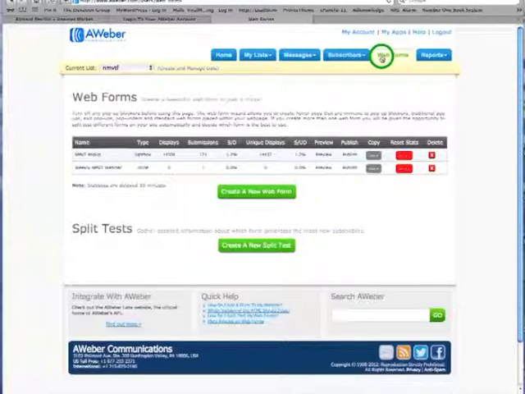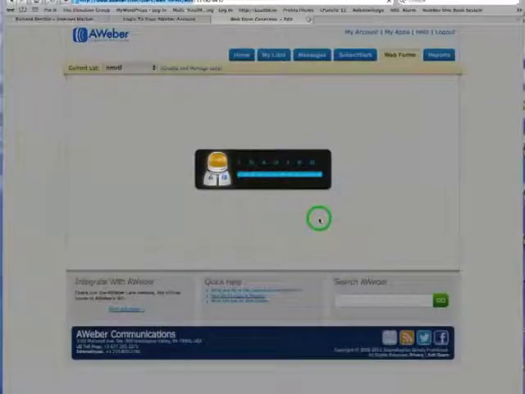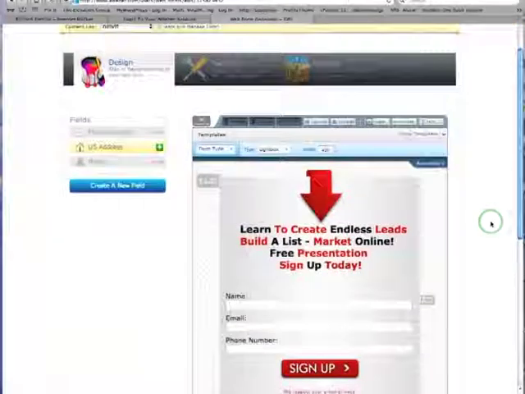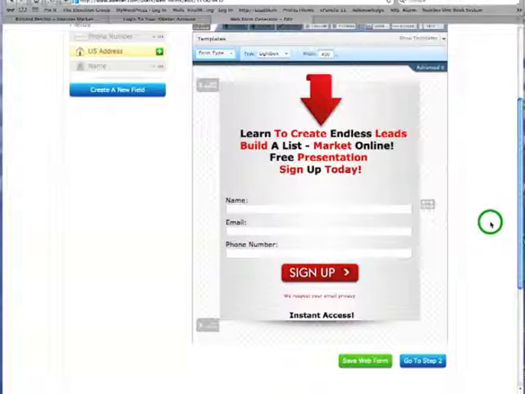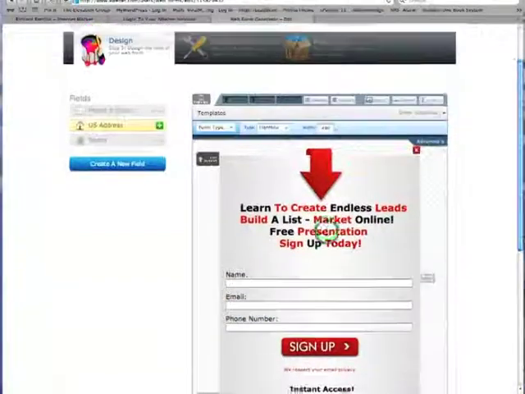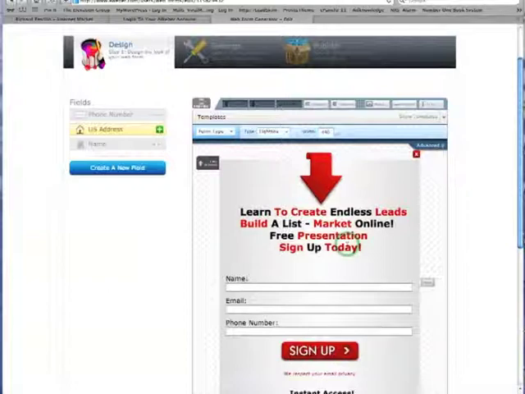So if your confirmed opt-in is turned off, then you're going to have to come into the web forms, and where you've created your actual opt-in box, which is a web form, I'm going to show you what mine looks like. This happens to be a pop-up at the beginning of my blog. I've created this in here. They give you all kinds of templates. I made this one up myself, but if I've got the confirmed opt-in off, then I need to be sure